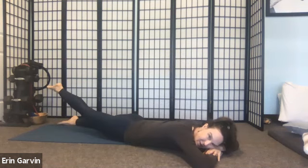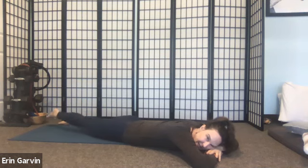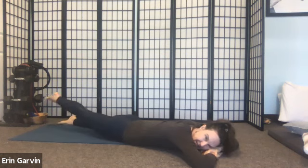Lift up the right leg all by itself. Good. And then the left leg. Good. And then right leg, you're pivoting off your right hip. And then left leg. And then right leg. And then left leg. And take 10,